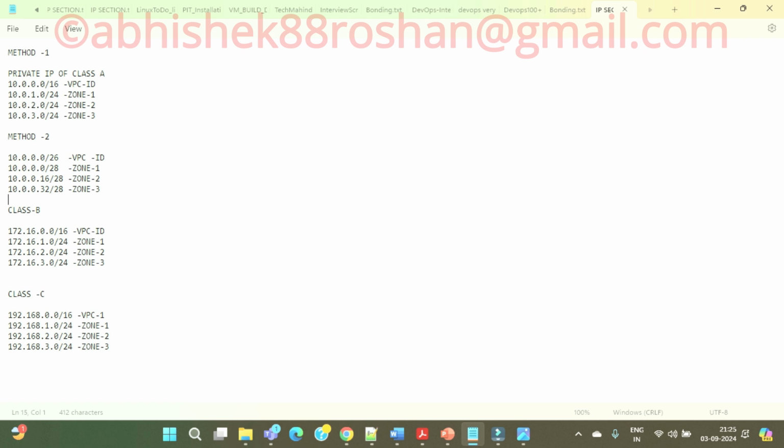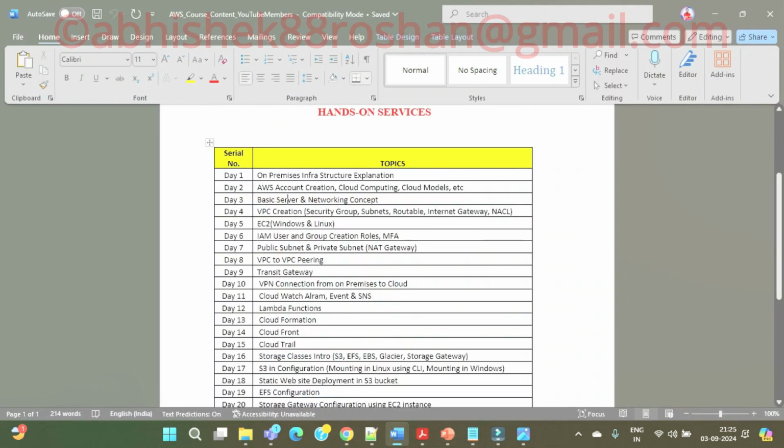So, when we have to use the VPC for zone 1, zone 2 and zone 3, how can we take up these private IPs and all, guys, right? So these things will come under this networking concept, but the server part I am going to skip here. The reason is that you have covered enough in the Linux, right?